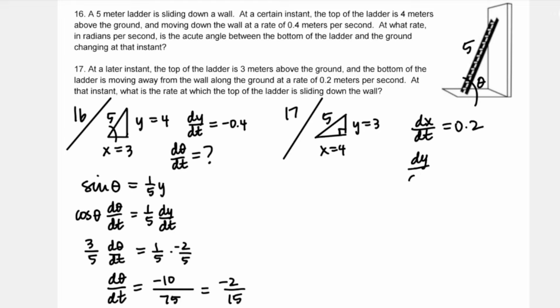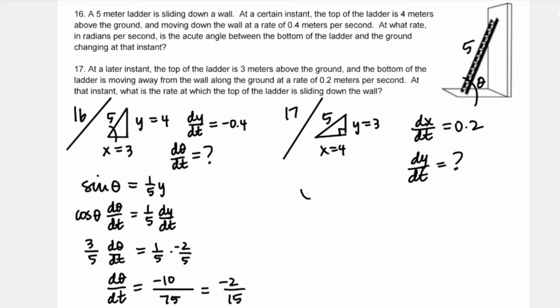Okay, so dy dt is equal to what? Now, I think if I want a relationship between x and y, and I don't really have any information about theta in that moment, which it seems like they're saying a later instant, and the rates are kind of different. So I don't. Yeah, the rate that the ladder was moving down the wall in number 16 is not going to be the same as number 17. Obviously, that's the reason it's a different question. So I think what I need to actually use is the Pythagorean theorem. I think because that would make use of the fact that the 5 is fixed and also incorporate both x